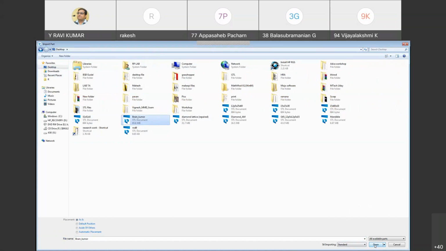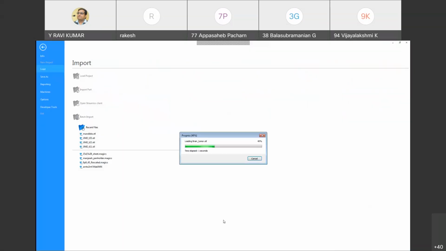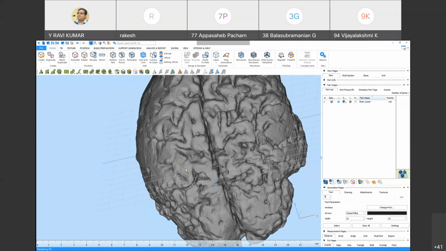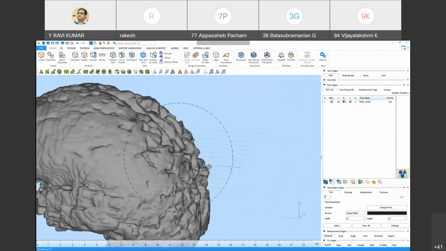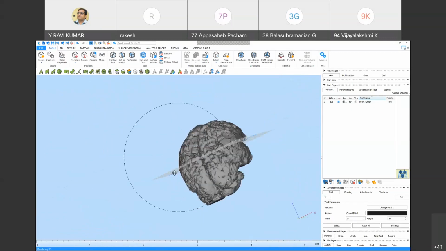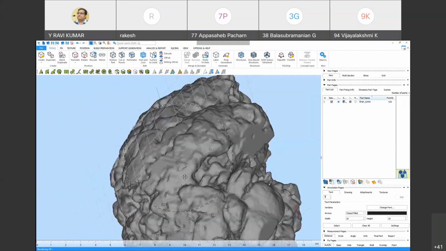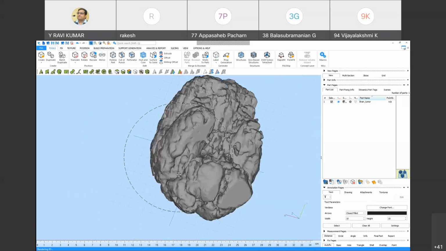In ITK-SNAP, I opened it. This is the STL file of that brain tumor.